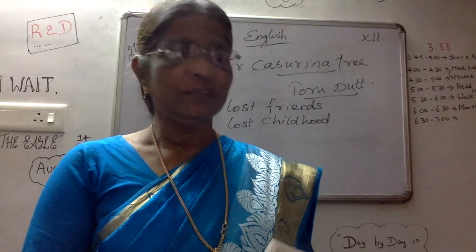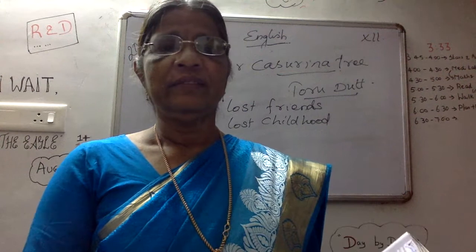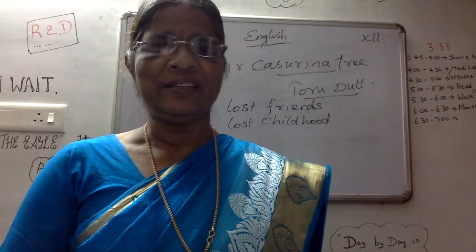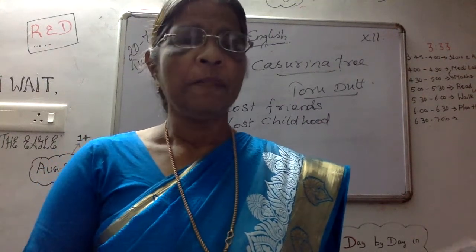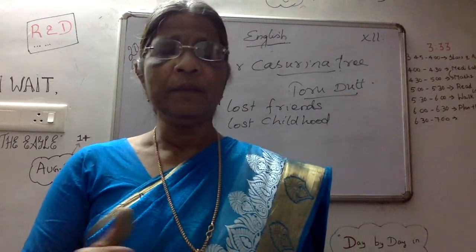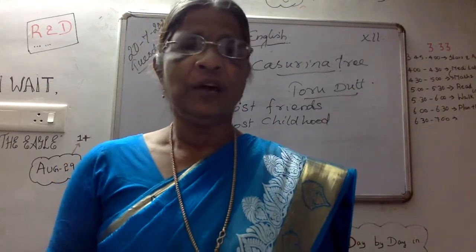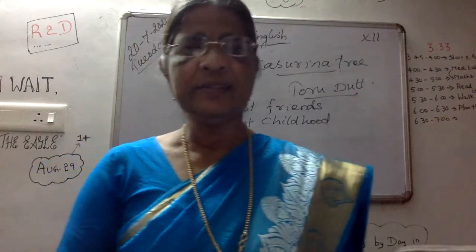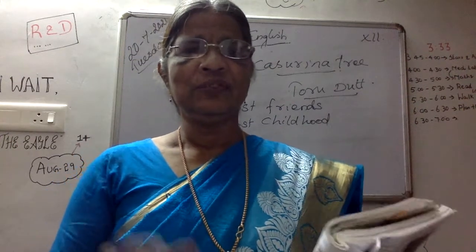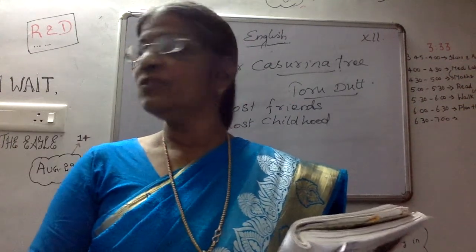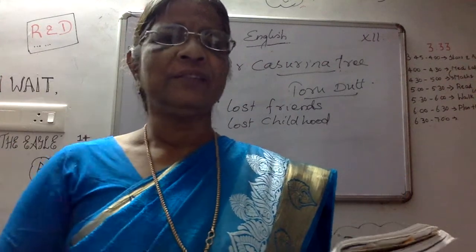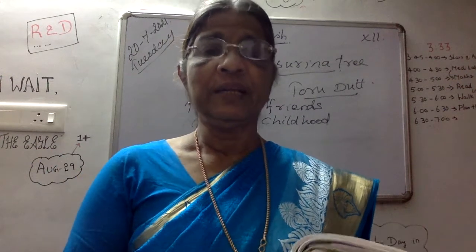Now we will come to this poem, Our Casuarina Tree. In the previous class, I have given you a vague outline of Toru Dutt and what a Casuarina Tree is. Today, let us proceed with the poem. As I said earlier, as far as the poem is concerned, you have the paragraph answer in the form of hints, and after that there will be appreciation questions. That is, two lines will be given, and below that two or three questions will be asked, and you have to write the answer, taking it from the book and from those lines.